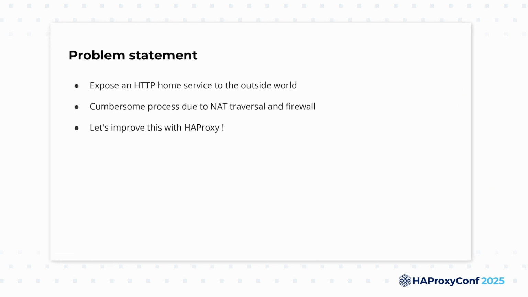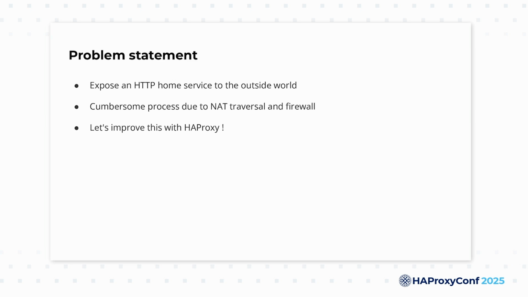So let's bring HAProxy into this to solve all these problems. Let's say that HAProxy, in the case of the home service hosting, is installed as a gateway on the internet. Its objective will be to relay traffic so you can connect to the gateway to access your service. But the NAT traversal is not yet solved.